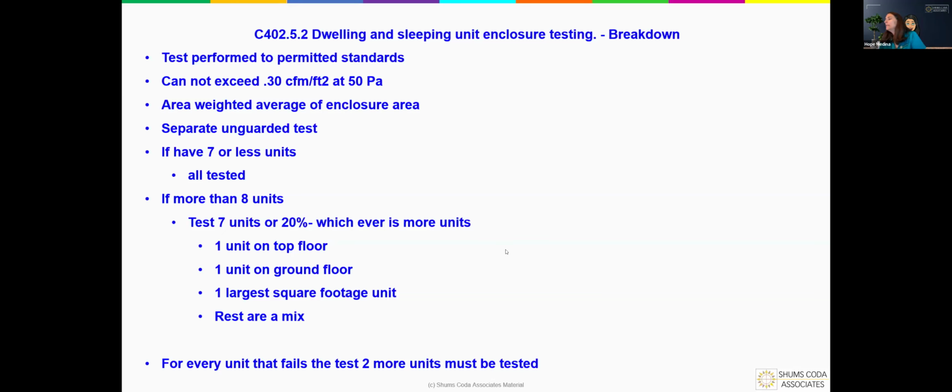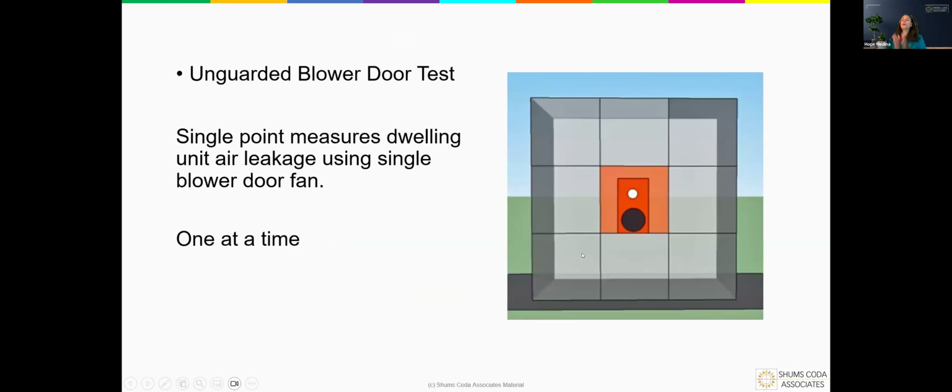All right. So it looked like quite a few of you are not very familiar with what an unguarded test is. So you are in luck. I am going to break that down for you. Typically, an unguarded test is where you have one dwelling unit that's on test at a time. If it was a guarded test, and we were doing that middle unit, you would do this one, this one, this one, and this one. You would put all of these on test too. And what you get is you have all of these pressurized, and it